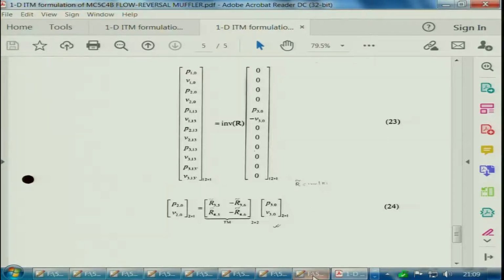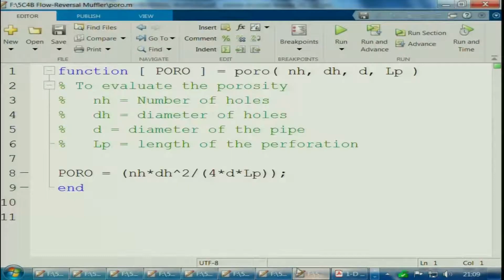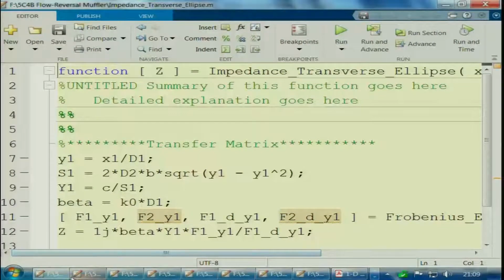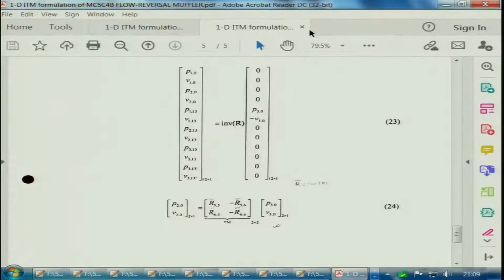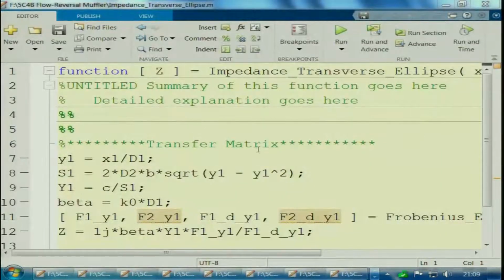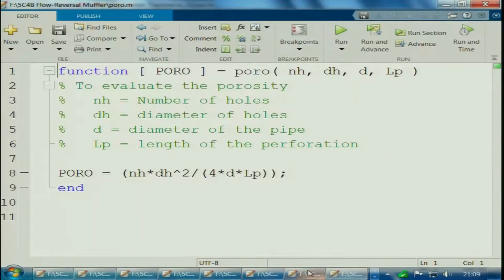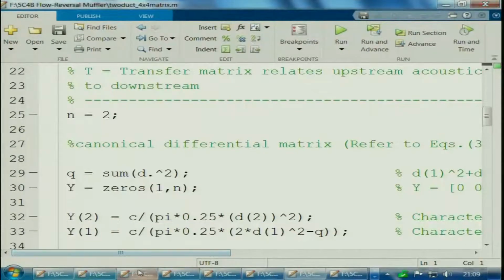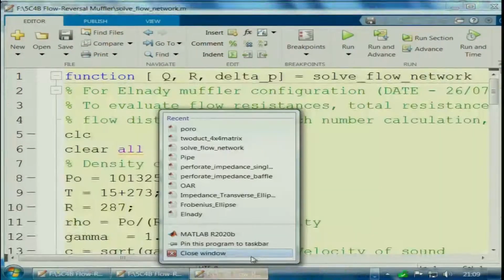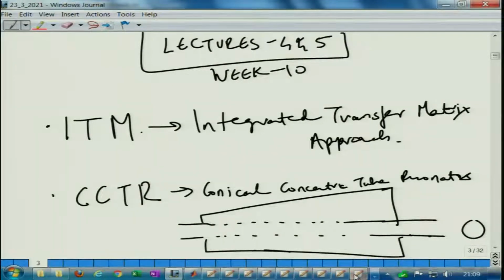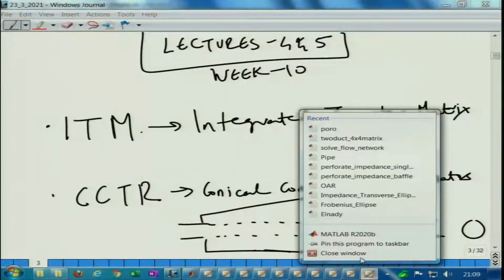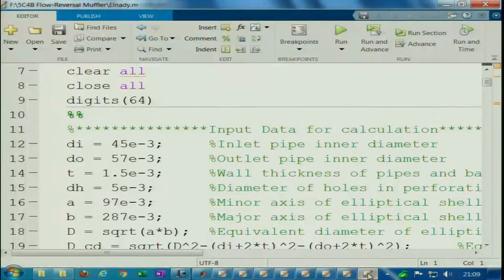So, such a code has been written, and it has been shared by one of my colleagues, which I would like to demonstrate to you. It contains lots and lots of functions, so I am just going to present only the bare important functions and demonstrate to you how one of the cases works. Obviously, with flow one also has to solve the network analysis. It is quite challenging to analyze such a configuration, which fortunately I am going to talk about.